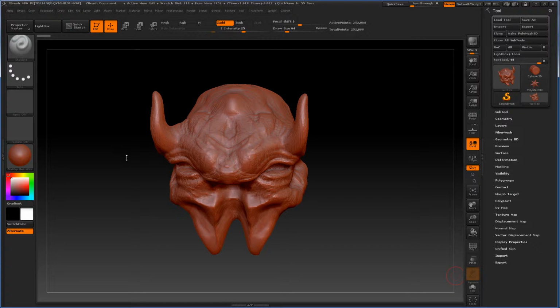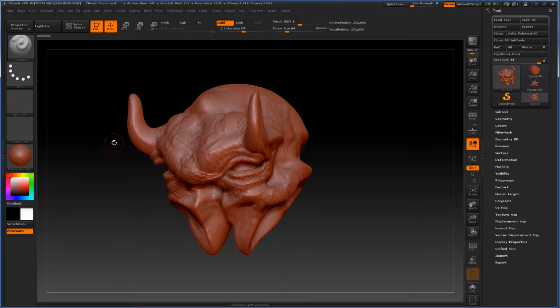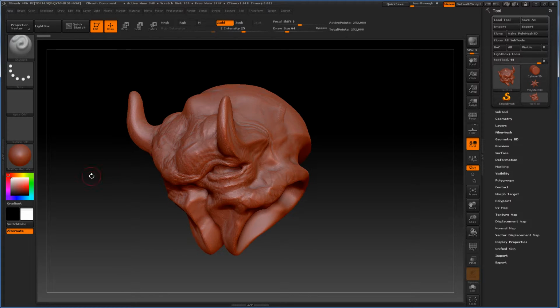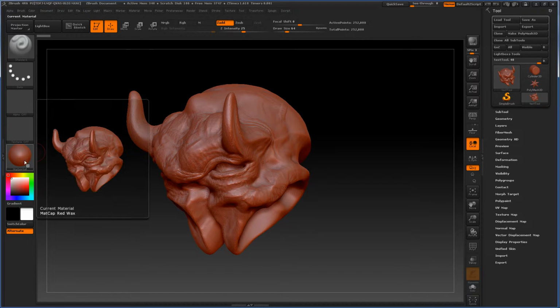Okay, in this video we're going to take a look at some of the different brushes that we can work with inside of ZBrush, as well as taking a look at things like our stroke type, alphas, and materials. Actually, we probably won't deal too much with stroke types today, but you'll see this will change as we look at different brushes. Now, we're not going to deal a lot with materials in this class, but if you're interested,